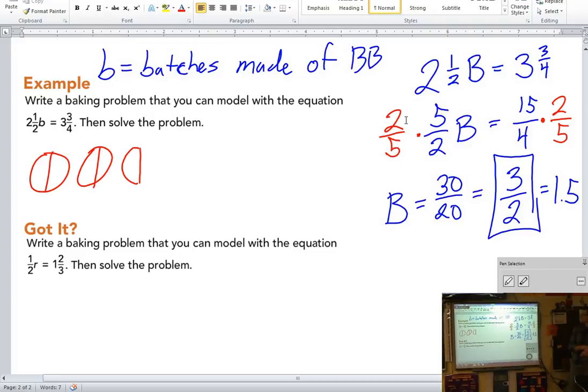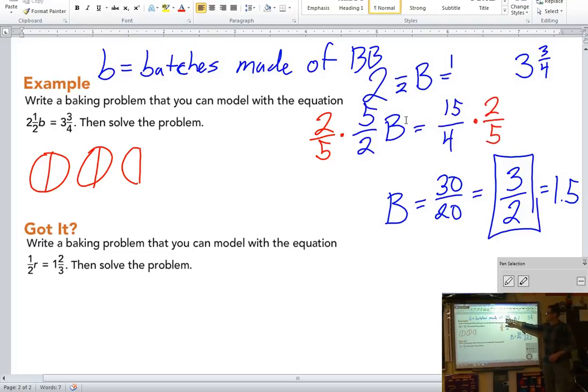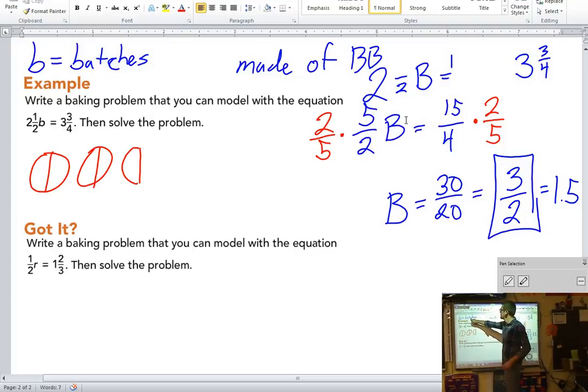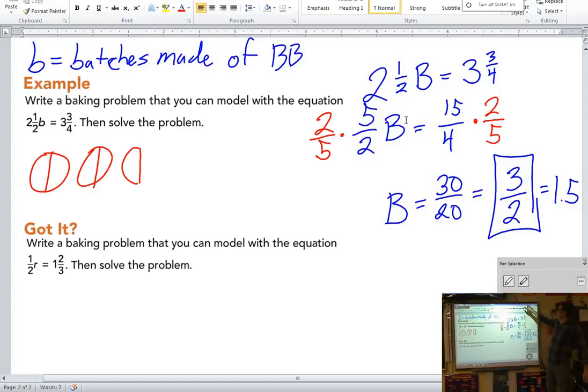Where did we get the 30 over 20? 15 times 2. 4 times 5. Okay. So really, if you want your equals to line up, I'll shift all this over. Any other questions? You do not necessarily have to write a problem. Solve for R in the equation. If you want to write a problem, if you're creative, you can go ahead and write a problem involving when we would solve R.